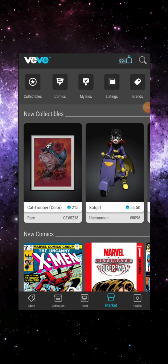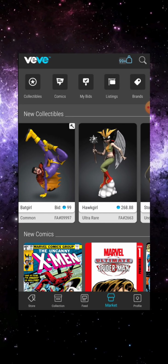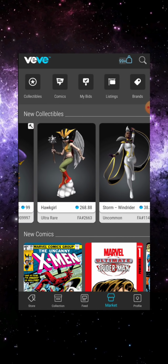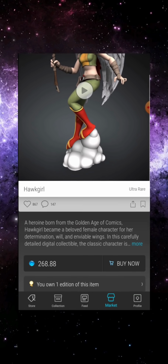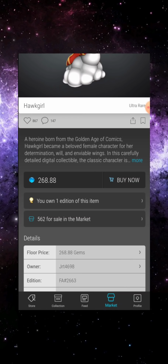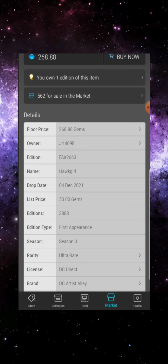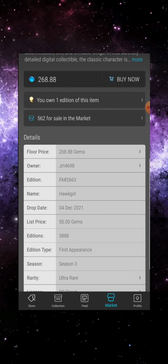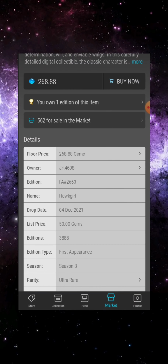Okay, so the first thing I would like to talk about is the latest drop that happened yesterday on Saturday, December 4th. So I think history has been made. This is the first time that we had a common surpass an ultra rare. A common has flipped the ultra rare for the first time on the Veve app. Correct me in the comment section if I'm mistaken, but we had the DC Artist Alley drop, and Hawk Girl right here. She was the ultra rare for that drop with 3,888 editions. She costs 50 gems. She currently has a floor of